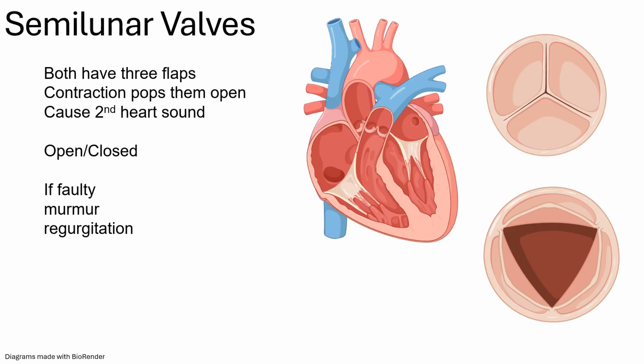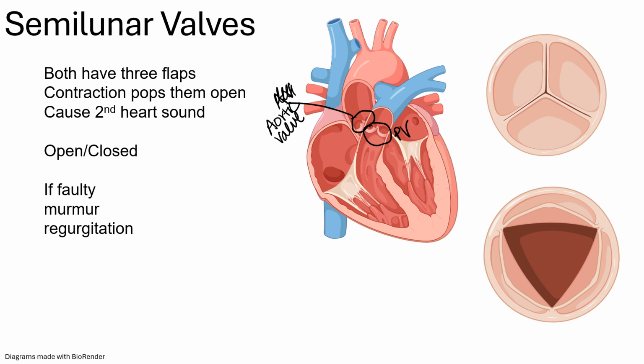The semilunar valves, which include the pulmonary and the aortic, are structurally similar to each other with three flaps. And this one here is our pulmonary valve. And remember, you shouldn't really be able to see the aortic valve. Actually, I shouldn't put AV, right? I should put aortic valve. You shouldn't really be able to see it on a picture like this, but we use these pictures for teaching